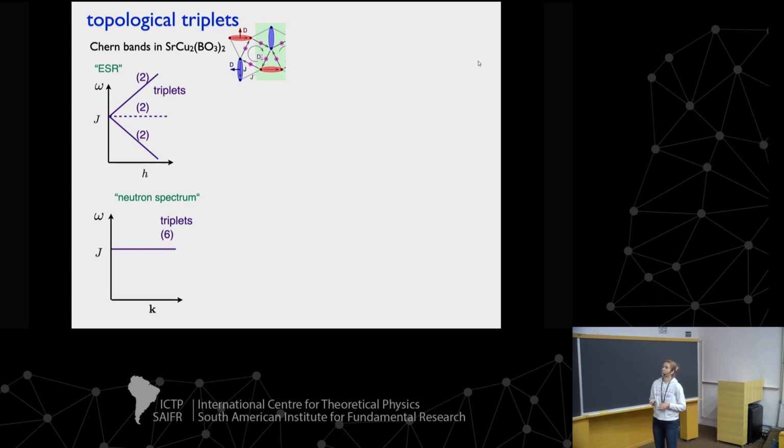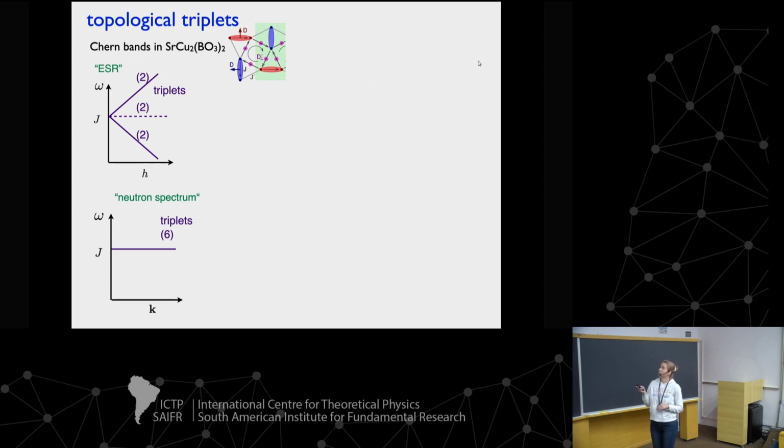Right, so as part of this introduction, let me just go back to our previous work on the strontium copper borate, which is the Shastry-Sutherland material. In this system, the copper ions occupy an orthogonal dimer lattice, a quasi-two-dimensional lattice, and we have the A and B dimers in the unit cell.